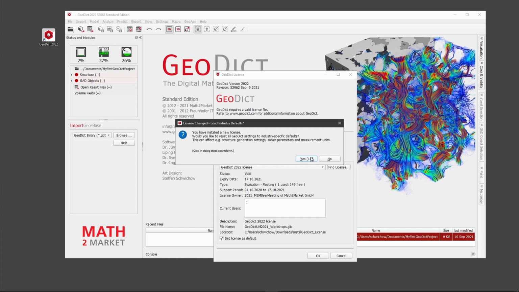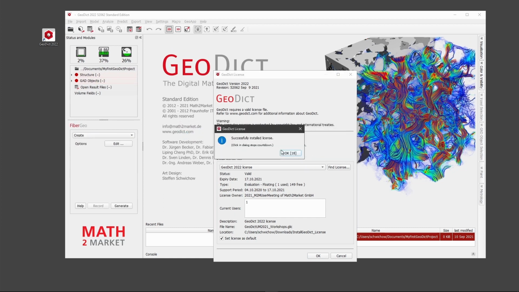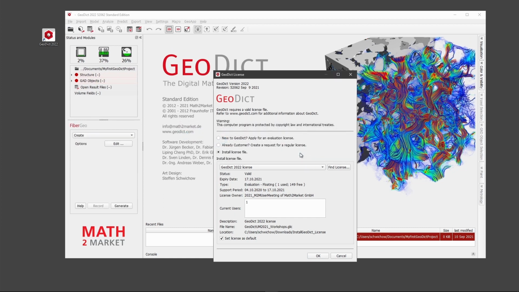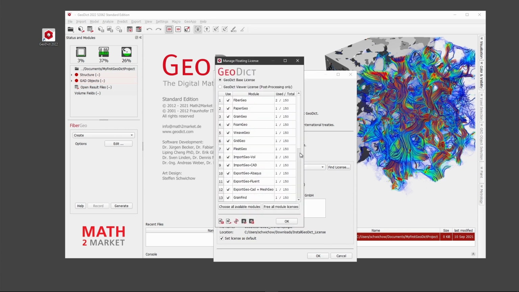And now, GeoDict has successfully installed the license. We click OK on the success messages. Now we wait a little bit again, because there are options in the floating license not to lock all modules